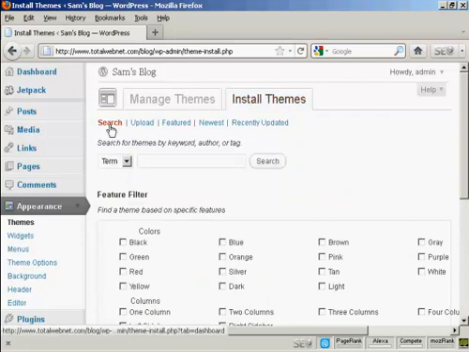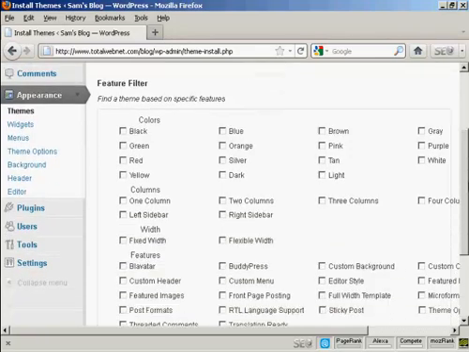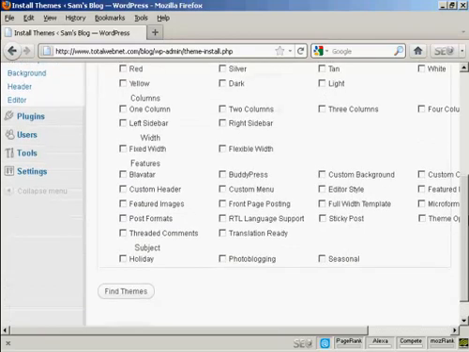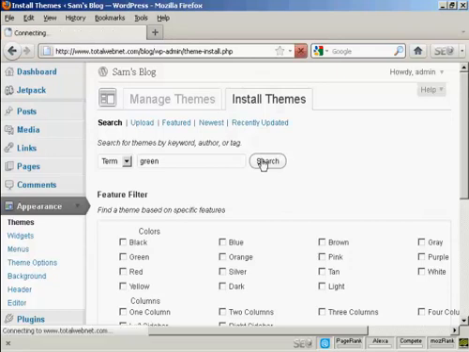and you can either search the themes that are on the wordpress.org site, upload them from your hard drive, and so on. What I'm going to do here is actually search for one on the WordPress site, and it'll automatically link to it. Let's say I want one that's green. I can filter them out by colors if I want as well, but I'll just do it this way so you can see the types of themes that you get. So click on search,